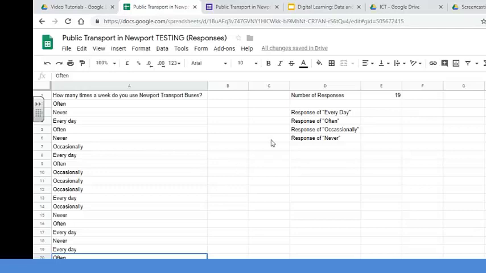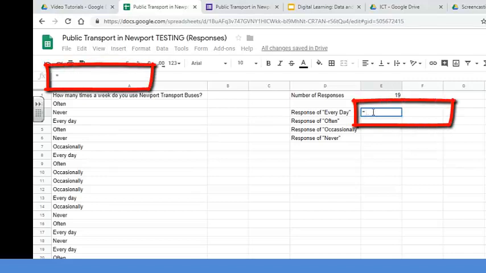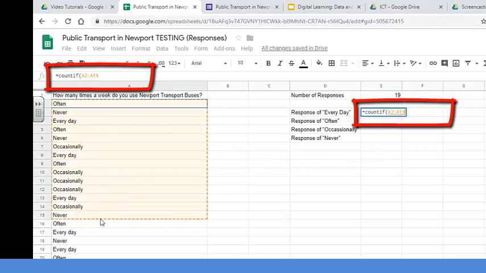So using the COUNTIF function is really simple. We simply start our function with equals COUNTIF, and we open the brackets. Every function opens brackets. So equals COUNTIF, highlight all of your responses, and put a comma. Now, the way that this function works is simply like this. You're saying COUNTIF between A2 and A20,